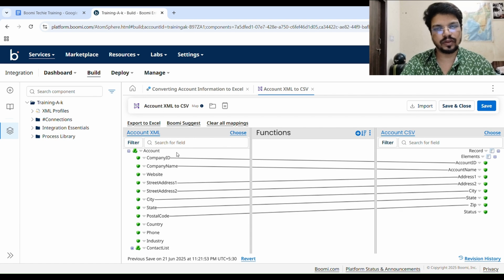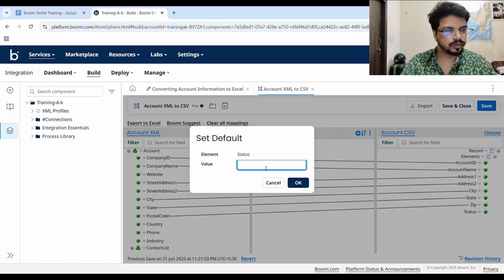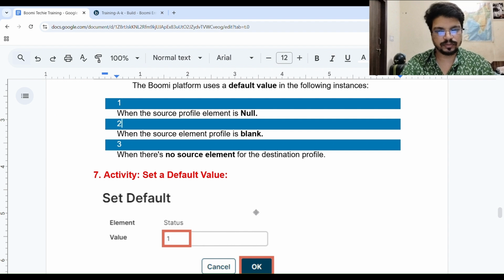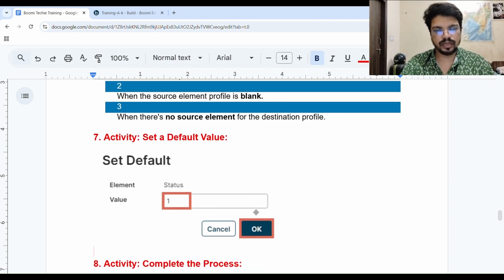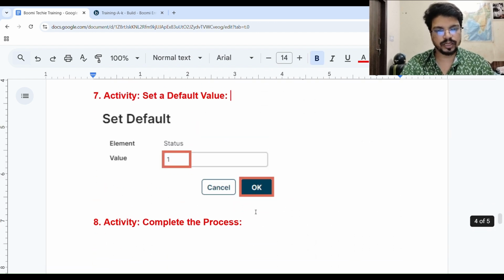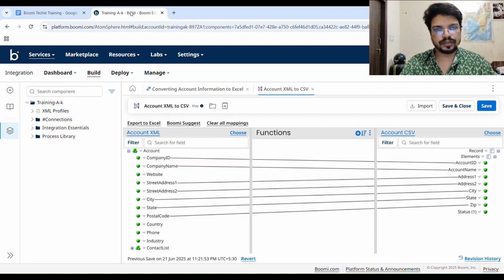So let's set the default value, like there is no status element. This is a status element in the destination profile, so you have to choose a default value. Click here on the drop down icon and select the default value, and you have to put 1 and OK. So 1 is the default value of status, right? You can see in the image how to set a default value. And next option, complete activity. So let's save and close